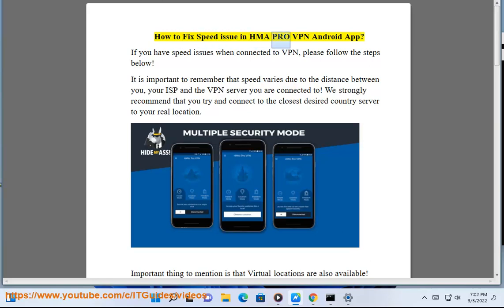How to fix speed issue in HMA Pro VPN Android app. If you have speed issues when connected to VPN, please follow the steps below. It is important to remember that speed varies due to the distance between you, your ISP and the VPN server